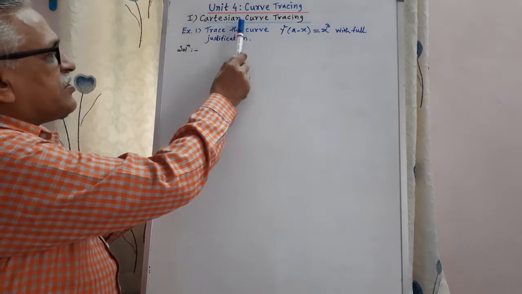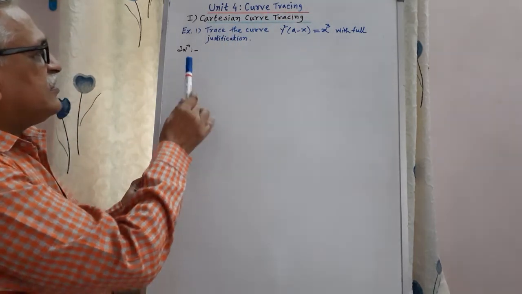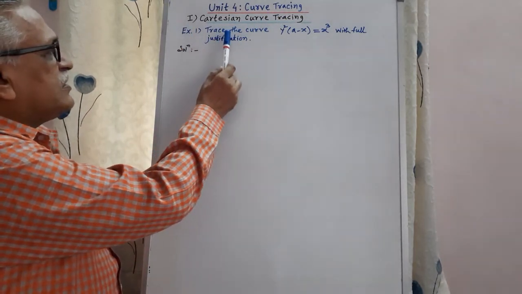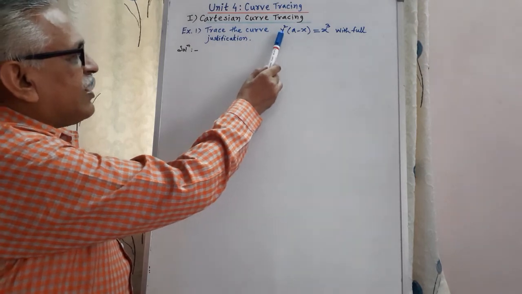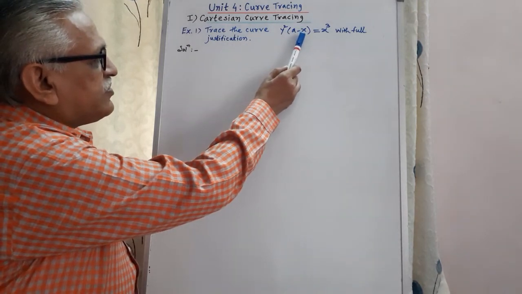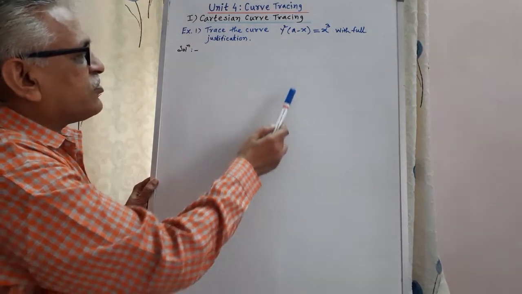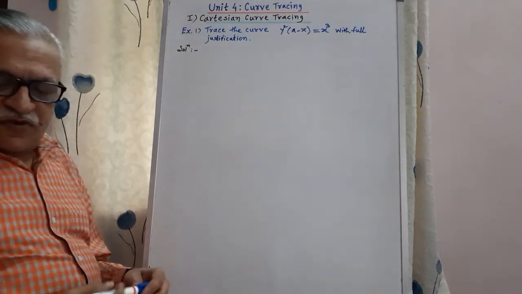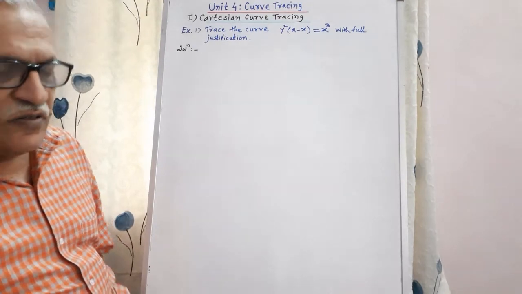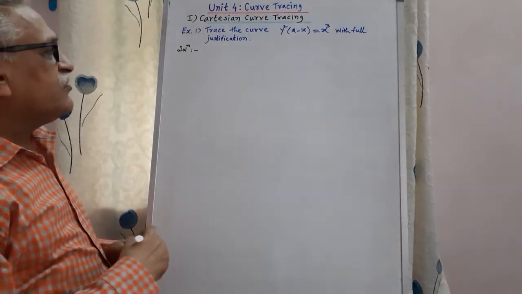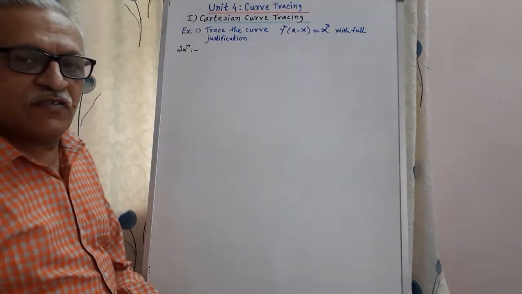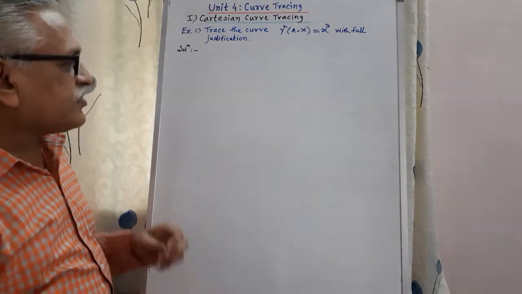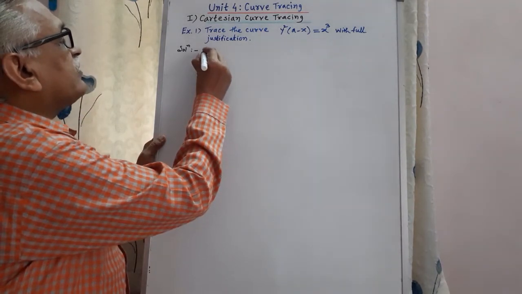First type, Cartesian curve tracing. First example, trace the curve y square into a minus x is equals to x cube with full justification. Therefore, to trace this curve, we have to follow the working procedure or the steps. Step number 1,